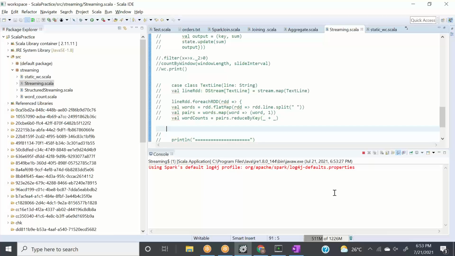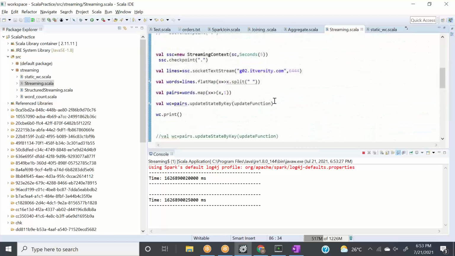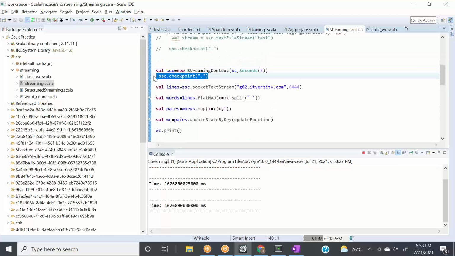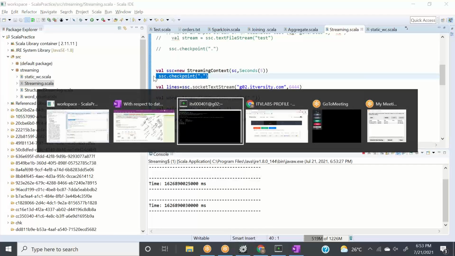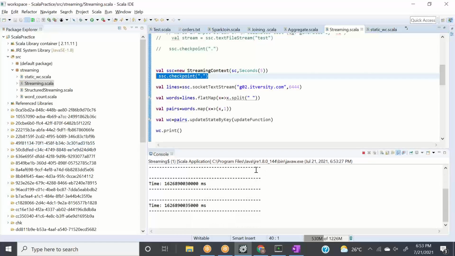So we came to know what is state store and how to maintain a state store in your Spark streaming application. We always need to give the checkpointing directory. I think I have started this terminal, right? Oh yeah, no, I haven't started it. And what application is it running? One second, let's see. So it is running streaming strange.